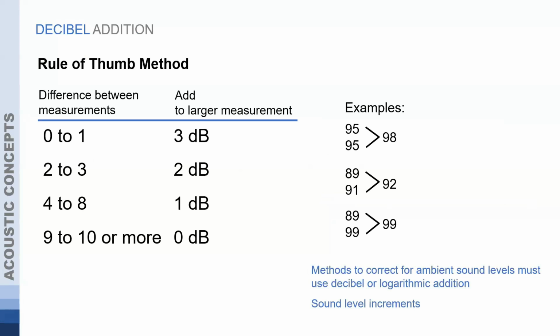With decibels, it doesn't add that way either. So as we said, a 10 decibel increase is 10 times the power. But when we have two sound levels that are the same, so we've got 95 plus 95, we actually get 98 decibels. We've got over here just a quick rule of thumb for adding together sound levels, and this again